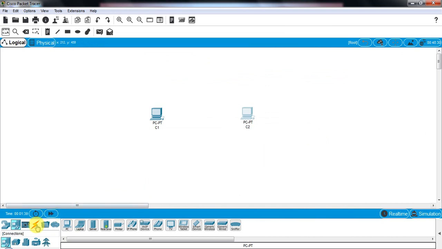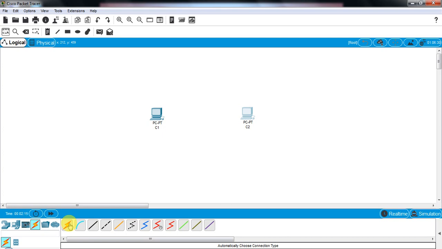So for the connections, there is a connections section. Various connections are there. You have to select a connection according to the type of network topology you are implementing and according to the type of end devices you are connecting. So because we are connecting two end devices, two computers, in our case crossover connection is appropriate. But if you don't know which connection is appropriate for your network topology and for your end devices, then the first option, automatically choose connection type, is very useful.